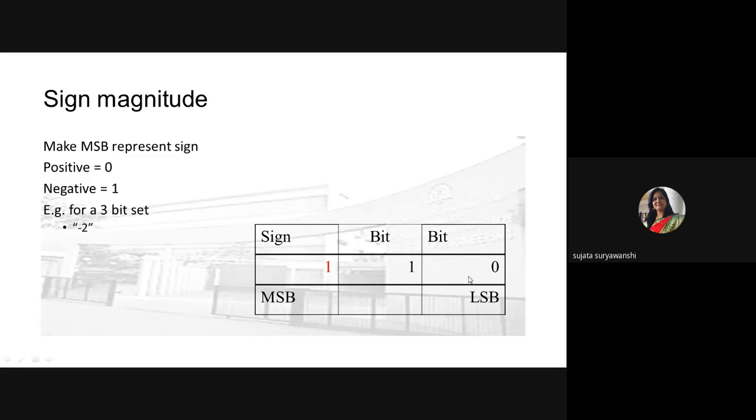Okay, so 1 0 is there, and the MSB bit of that number shows the sign of that particular number. Here -2 is a negative number, so the MSB bit will be 1 as the number is negative. So how to represent 2 here? 2 can be represented by 1 0 0. Here the MSB bit is reserved for the sign of that number, and the remaining bits are used to show the magnitude of that particular number.